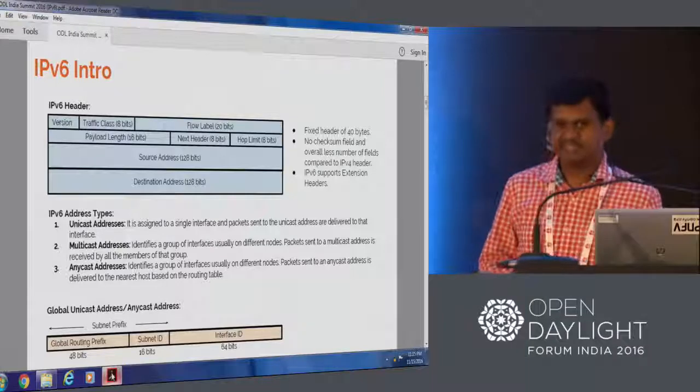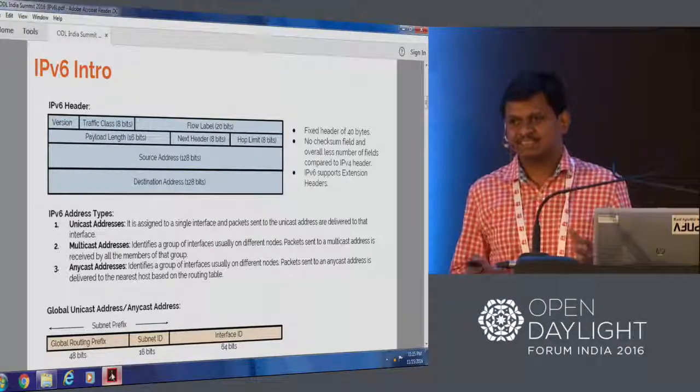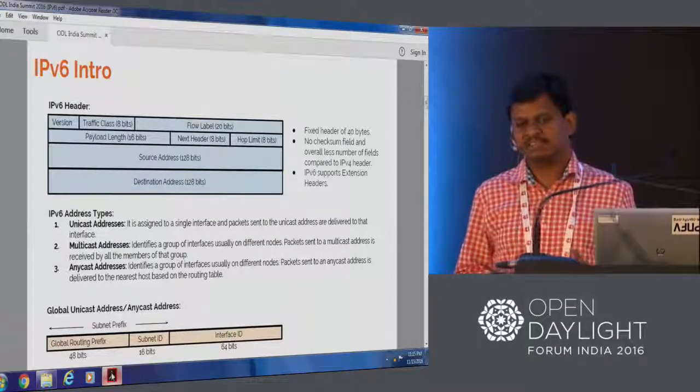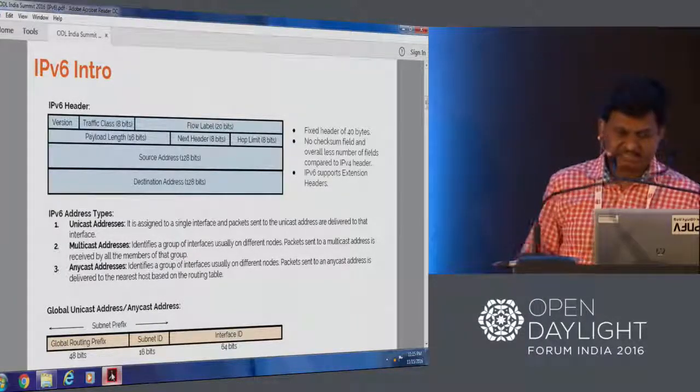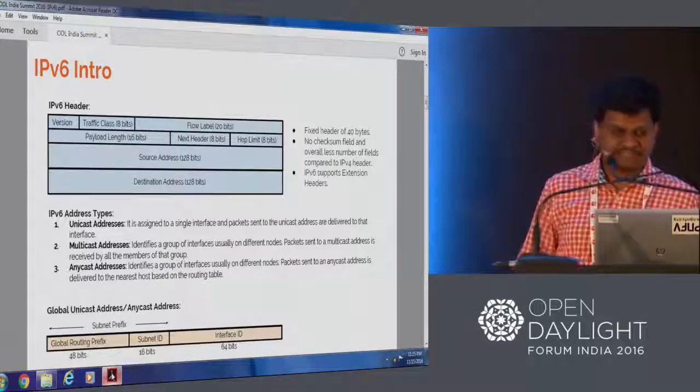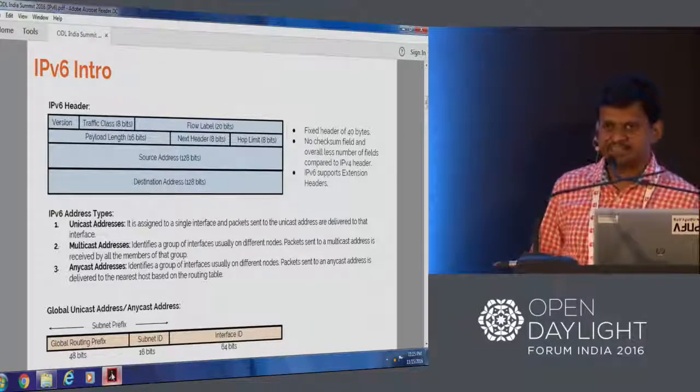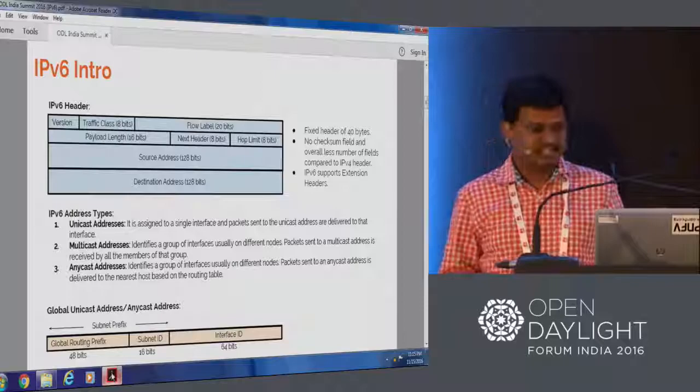Although we have anycast addresses in IPv6, it's still at an experimental stage and not widely deployed. You can see that we don't have a broadcast address in IPv6. Broadcasting is completely eliminated, and wherever they need